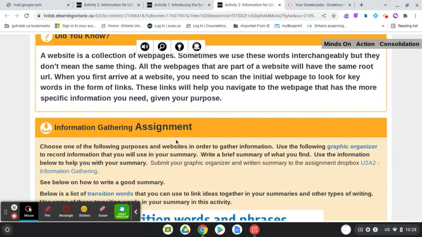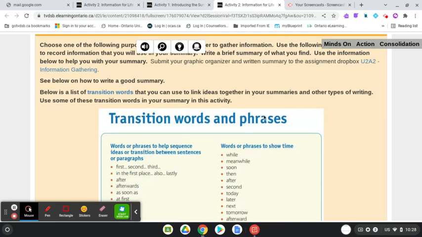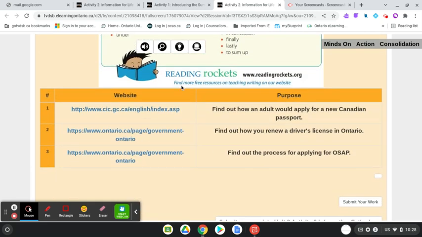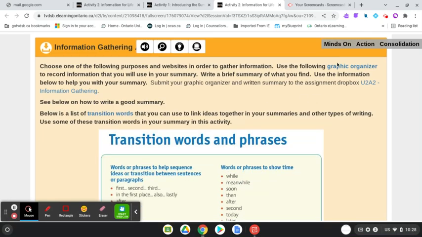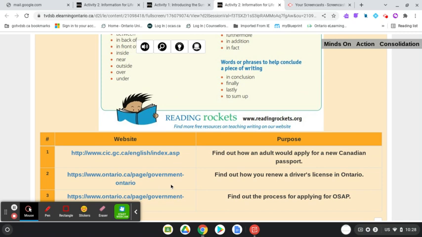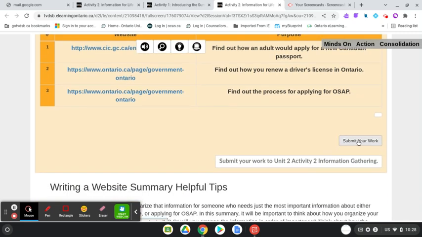You're going to do information gathering on these 3 websites here. So you're going to pick these 3 websites. You're going to use the graphic organizer, and you are going to fill in the graphic organizer and then write a summary for one of these websites and then submit it to me for